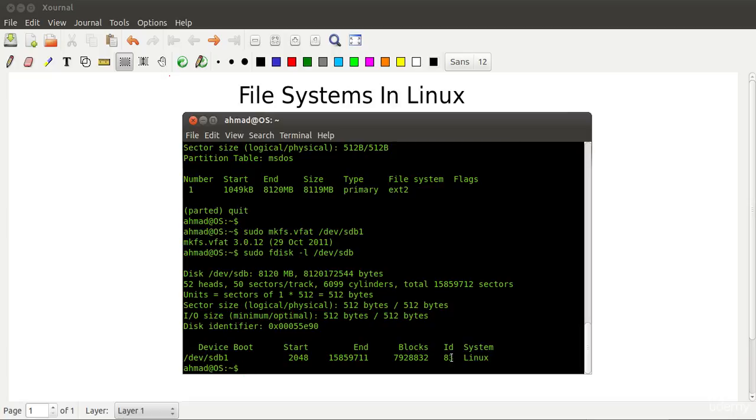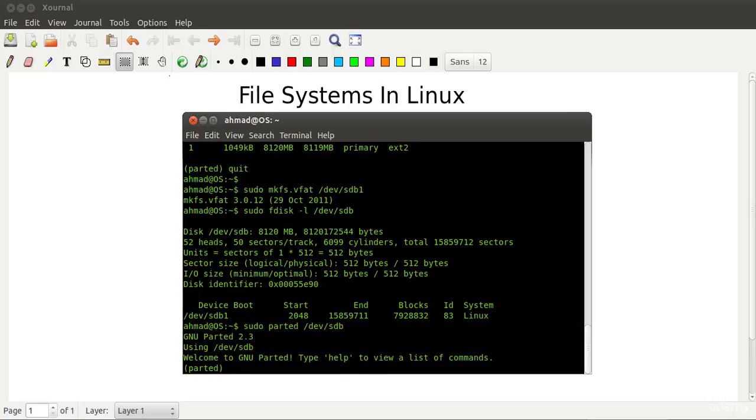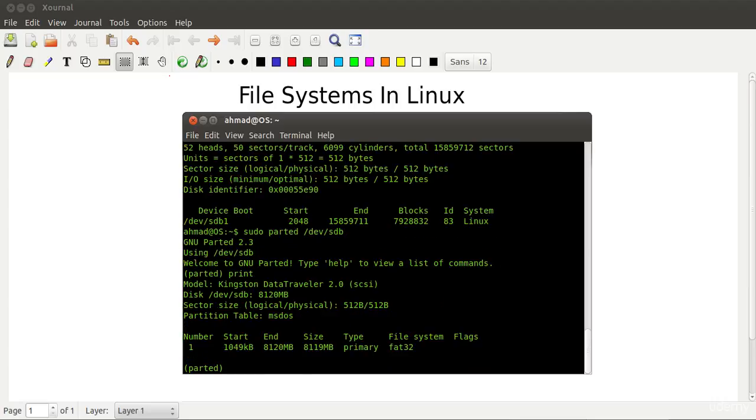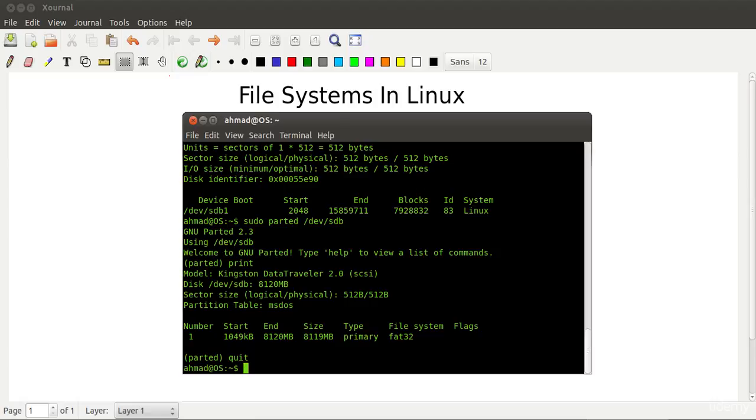Alright, so this has only shown us the partition table type and not itself the file system type. We can use the parted command again on the SDB drive, and I type in, let's say, print, and we see that the file system type has now been changed to FAT32. Likewise, we can use the